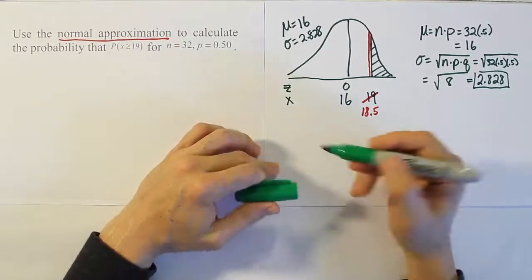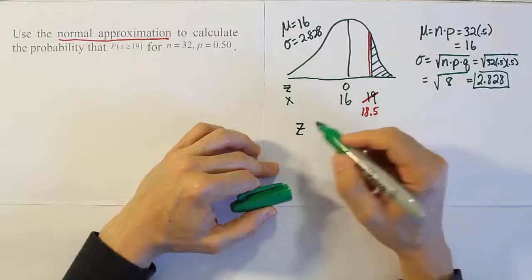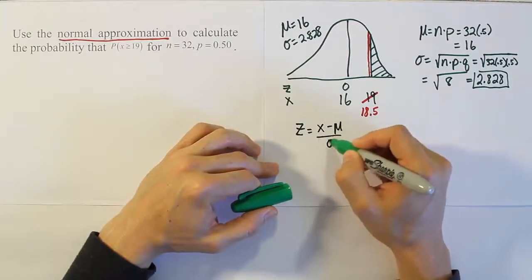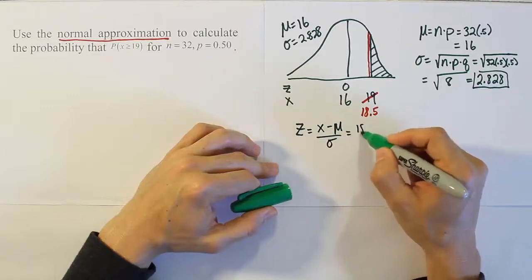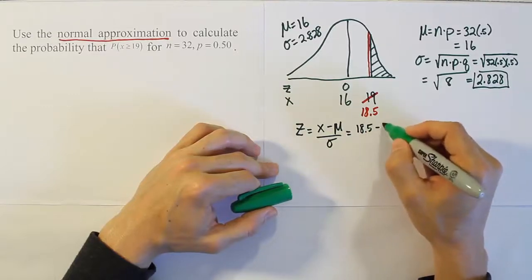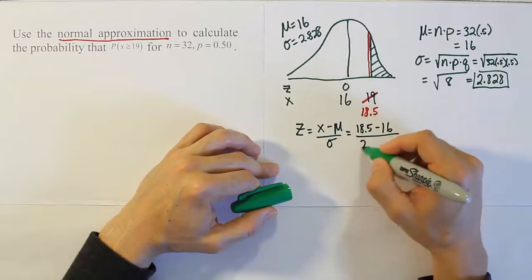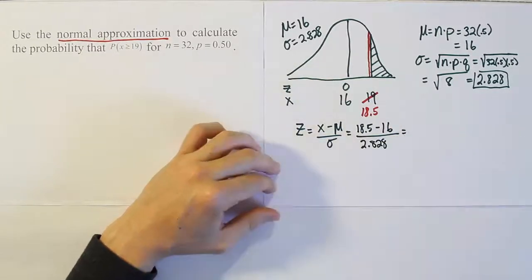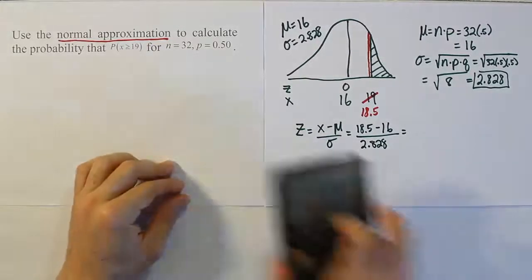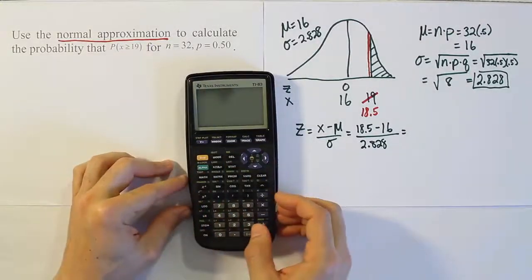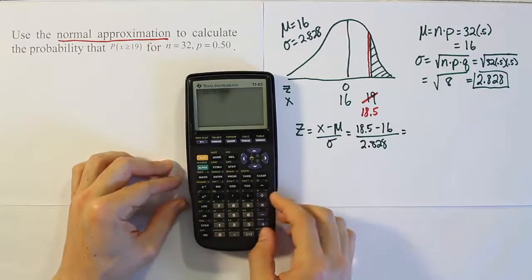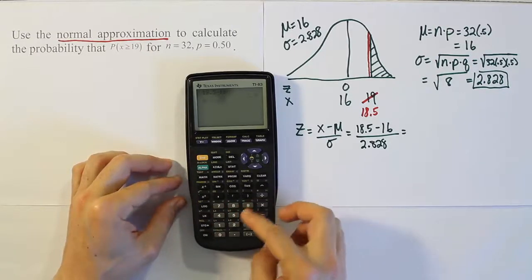Okay, so let's do that then. Let's convert 18.5 into a z-score. So we'll have x minus the mean over sigma to calculate our z-score. That's going to be 18.5 minus the mean, which is 16, divided by 2.828. When we do that, we'll have our z-score that we need to look up on our table. So 18.5 minus 16, of course, is going to give you 2.5. And you divide 2.5 then by